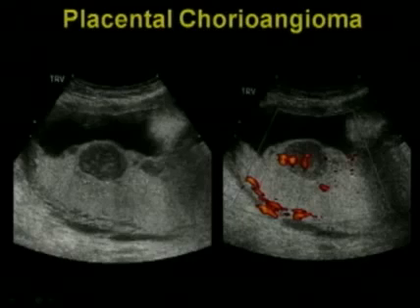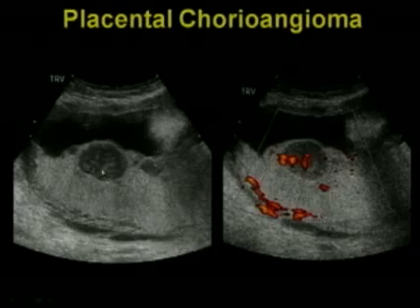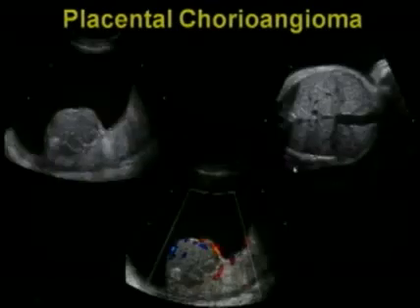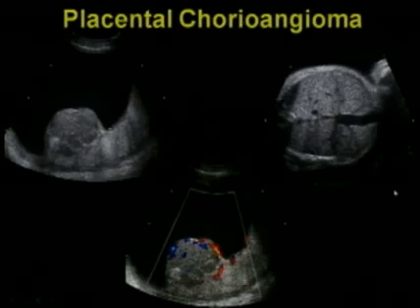The placenta is mostly quite homogeneous, but there's a focal hypoechoic area right here that has quite a lot of blood flow on the color Doppler view. This is a chorioangioma. As I mentioned, they usually cause no problems, but when they're big, and here's another chorioangioma,